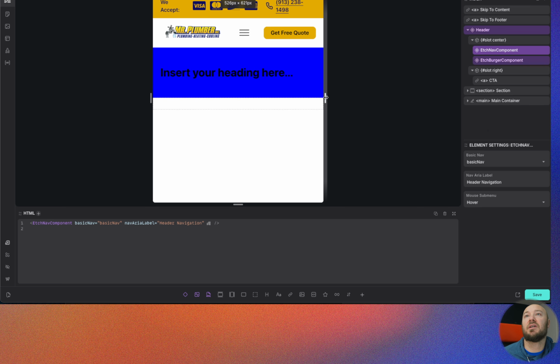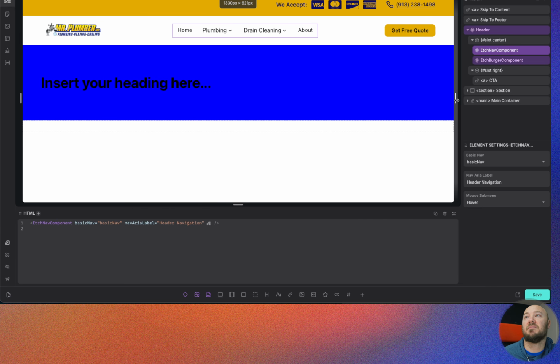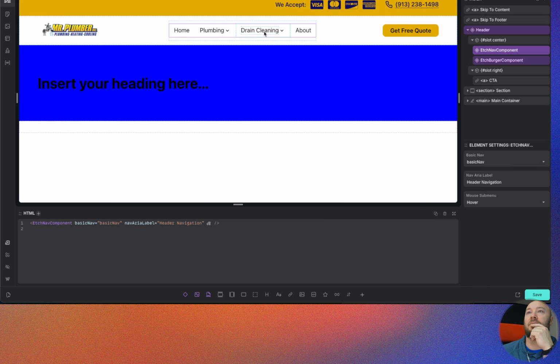Because a few things I want to do is going to be probably dropping off the we accept on mobile so that we just have the number up top here. And then I'm going to drop off the button as well, just to make that more mobile friendly. But yeah, you can see here that we have a start of our navigation here,